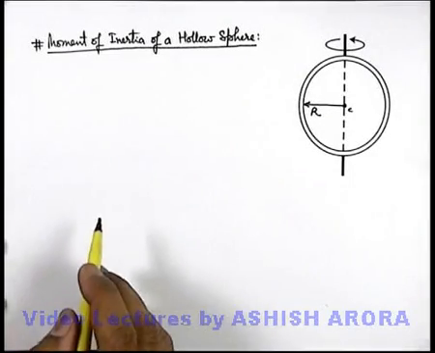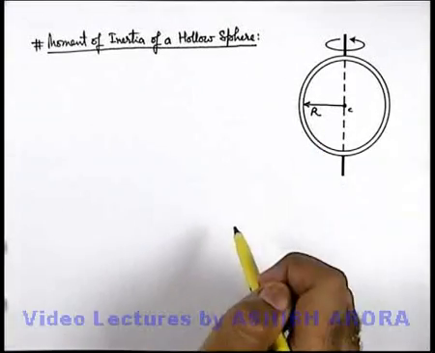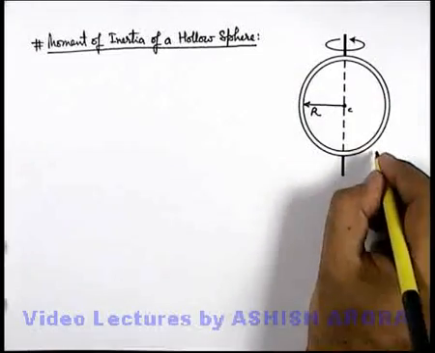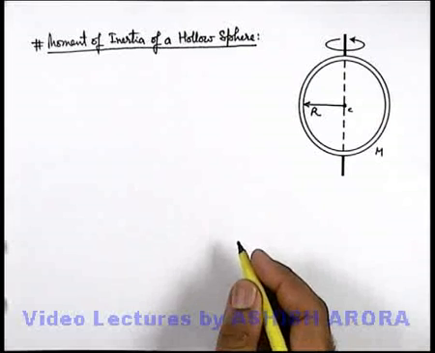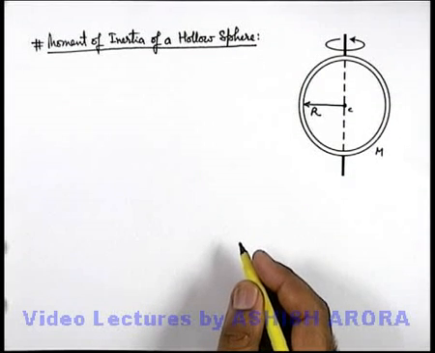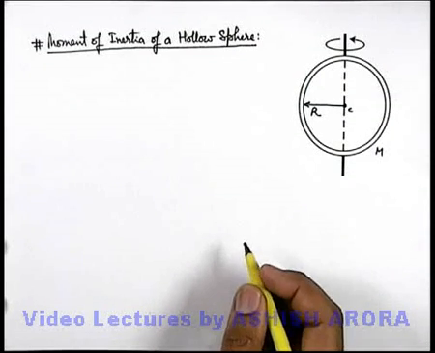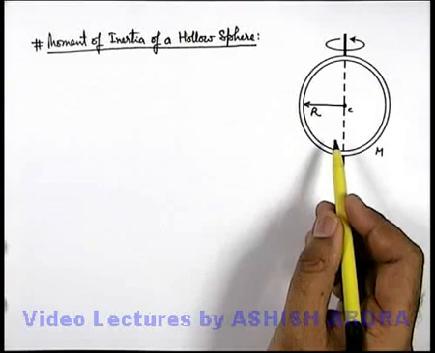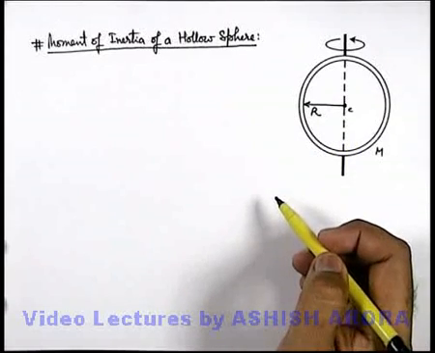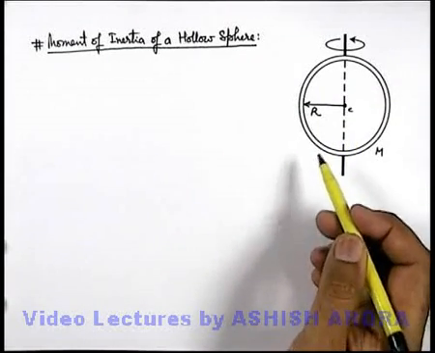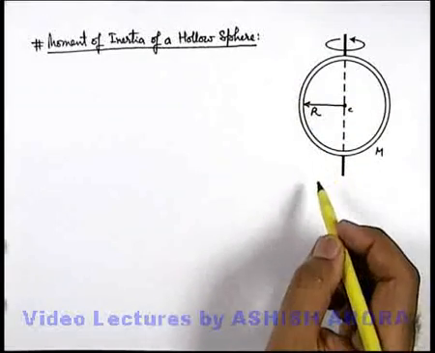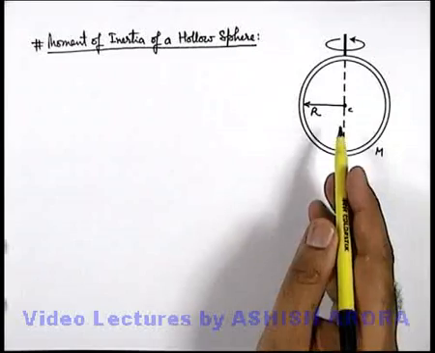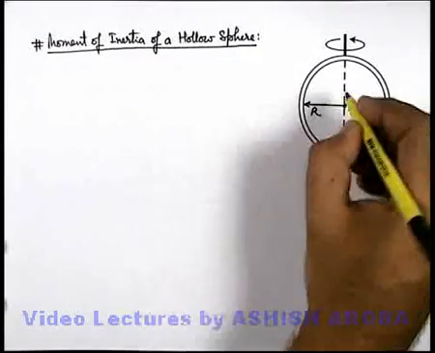Now we'll calculate the moment of inertia of a hollow sphere. So this is a hollow sphere of mass m and radius r. Being a rigid body, we can see that to calculate its moment of inertia, we need to first consider an element. And as we have earlier discussed, in case of a hollow spherical section, we used to take polar elements like